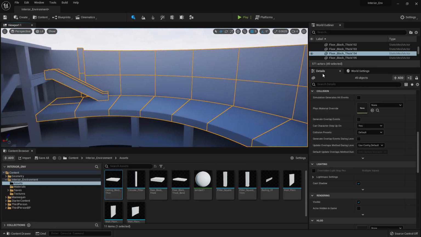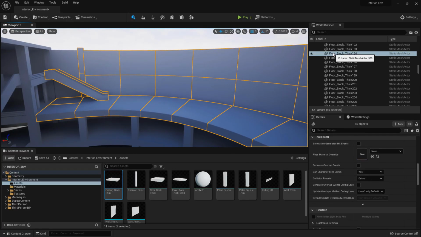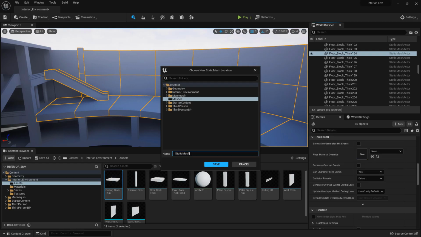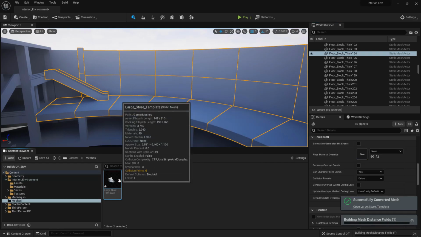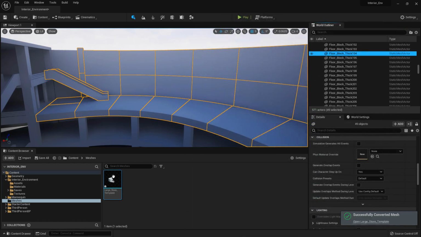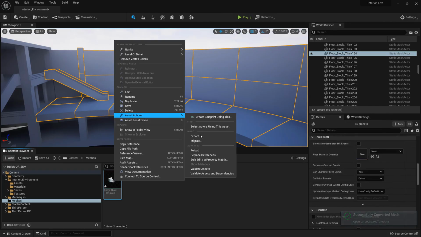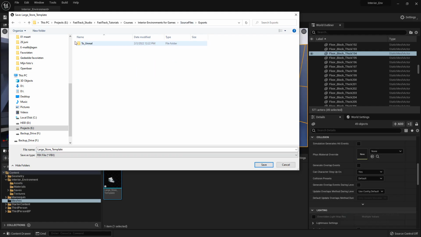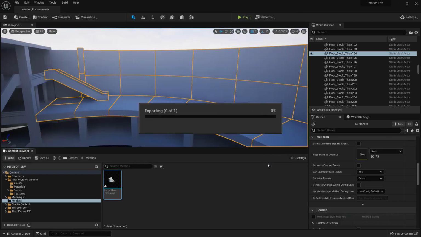So what we can do is we can go up here to our world outliner, right click and press convert actors to static mesh. And then go ahead and just call this, for example, large store template, and press save. And that will just have created a very simple mesh, as you can see over here, which we can then export to Maya. So we can right click, asset actions and press export. And then if we go to exports, let's create a new folder,